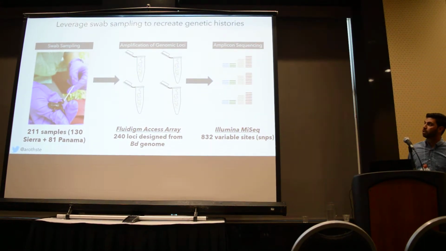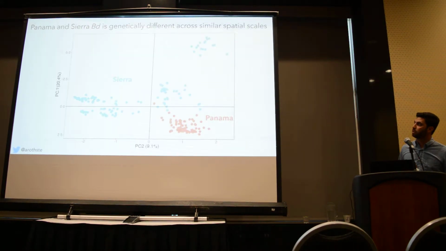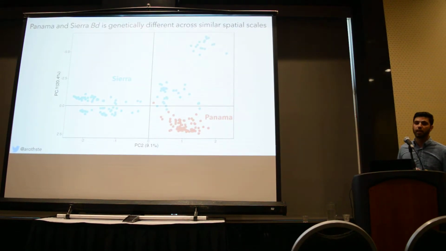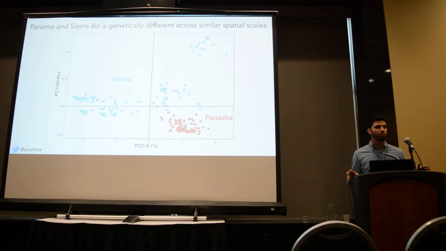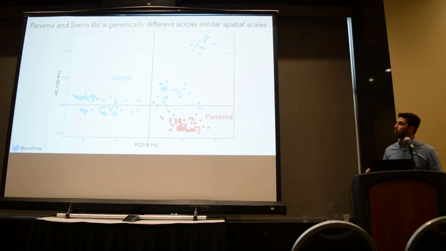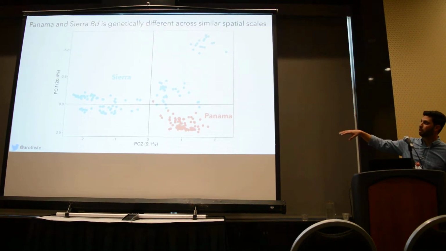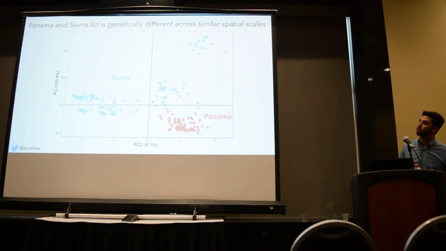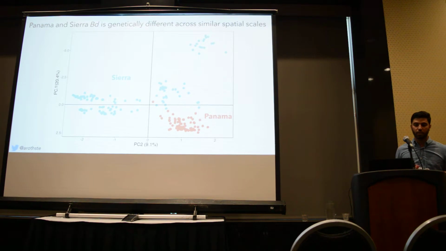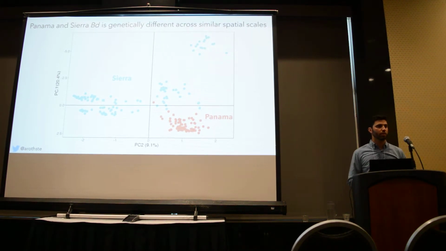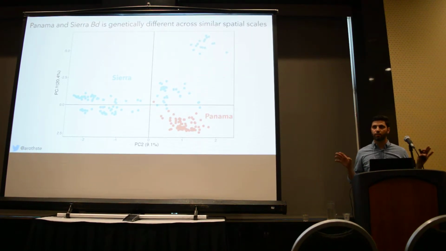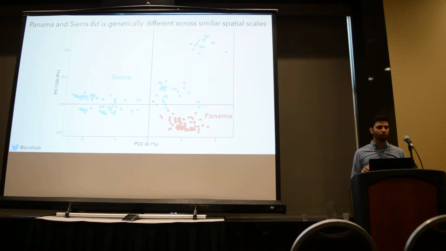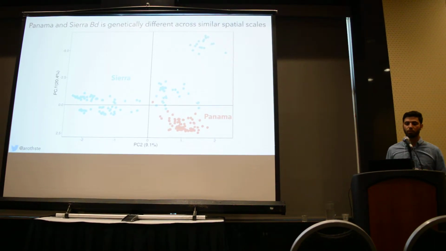And I'm just going to jump into what we see, and this is a PCA plot of all of our samples separated by Sierras and Panama. So Sierras is in the blue and Panama is in the reddish, and what we find is that at this core scale they're genetically different across very similar scales. So they're definitely different genetically for sure at this scale, but what we wanted to do was take it a little bit,